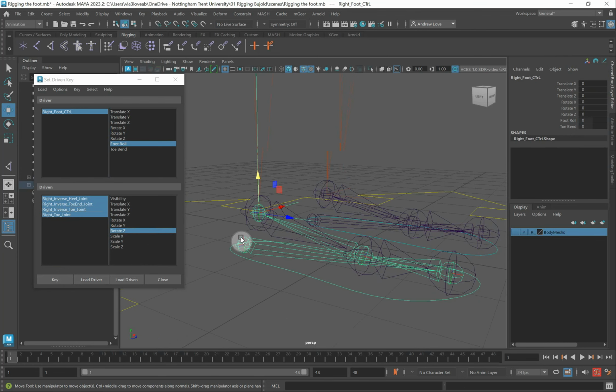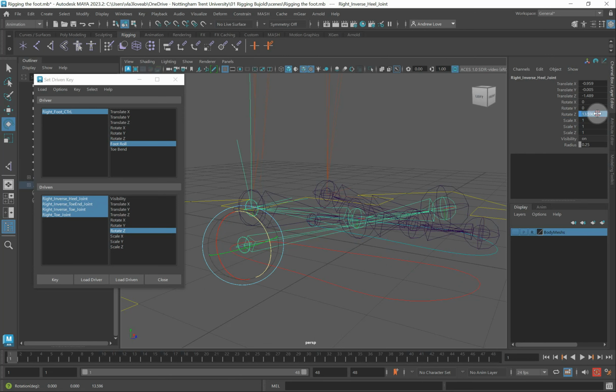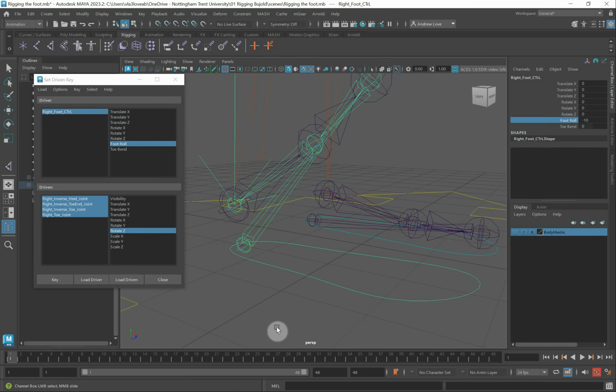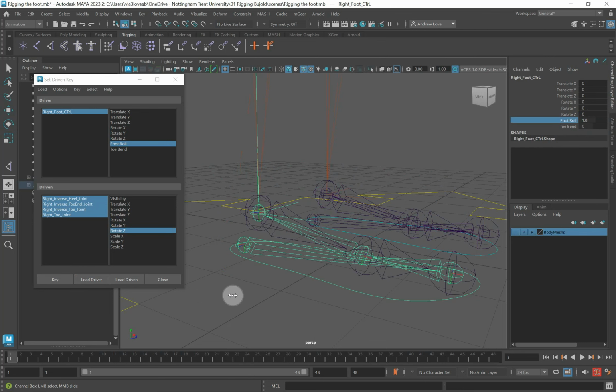Get the inverse heel. Well, actually, let's do the controller for it. So the foot roll goes down to -10. Inverse heel goes E. That one, it's 45. There we go. Key. Go back to the foot control, test it. So from -10 up to 0 goes that. To 5,